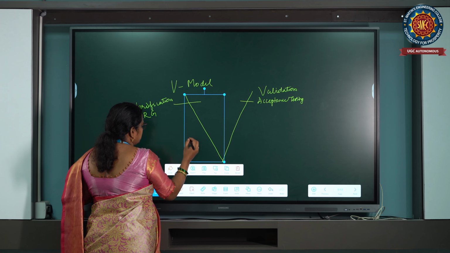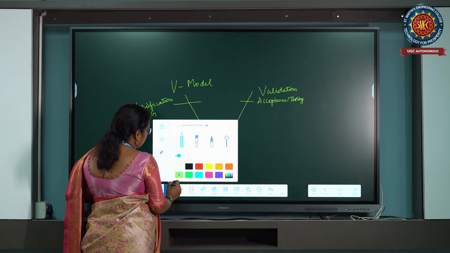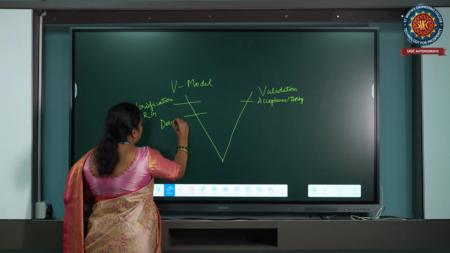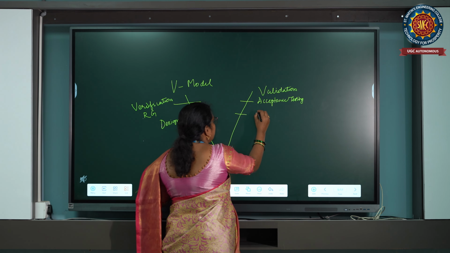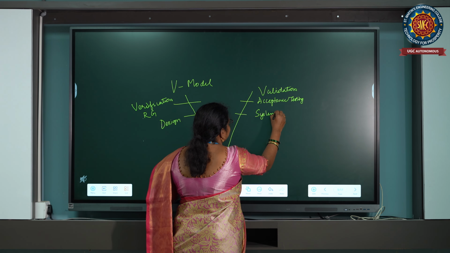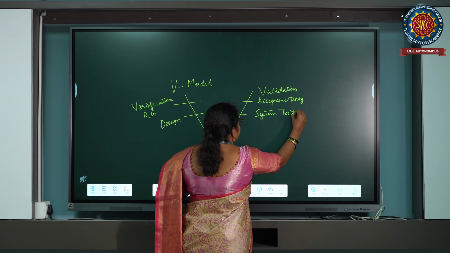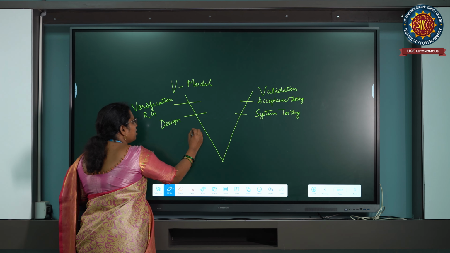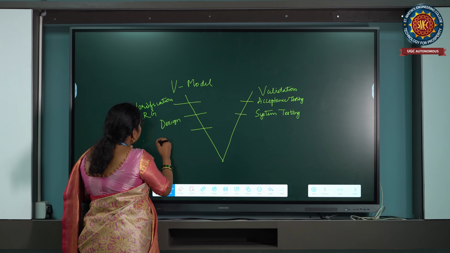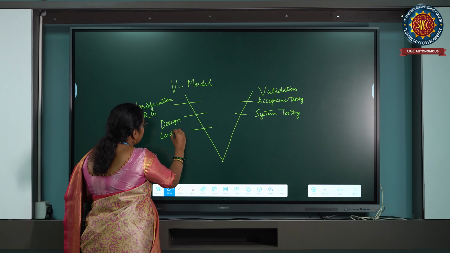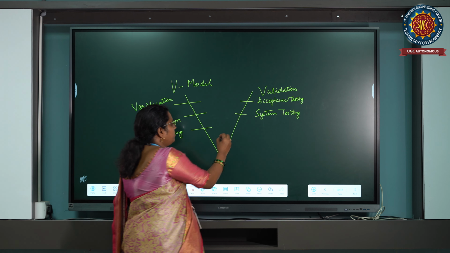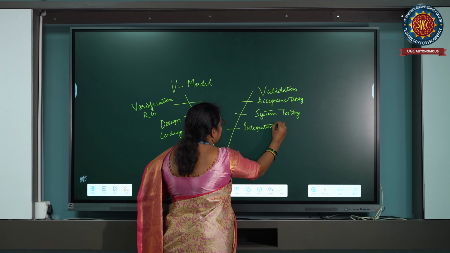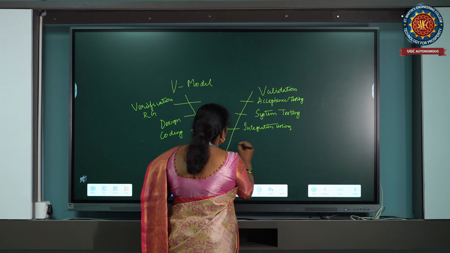Next comes the design phase, right? Here the system testing is done. Whether the design is tested or not, you are going to decide in this. Next comes what we have: requirements, design, and next coding, right? In this you have two parts. First one is the integration testing, and next is the coding. In this coding you have unit testing.